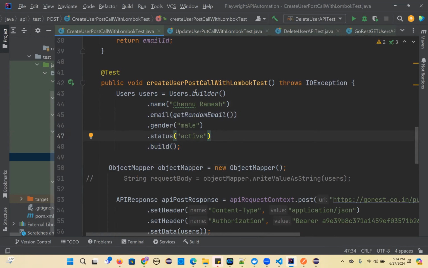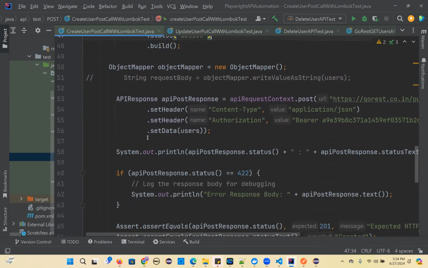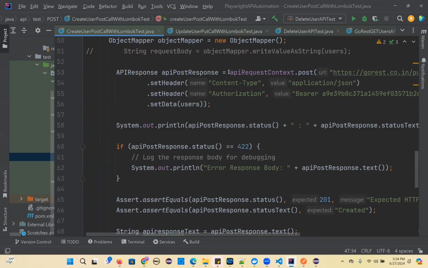So this is how you can set your JSON data. So once you set this JSON data, this is quite common API request context dot post method, and